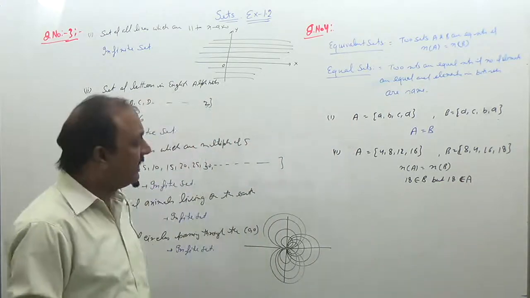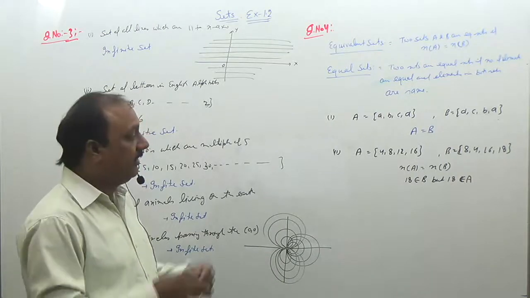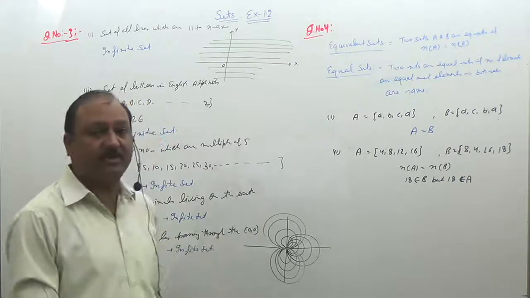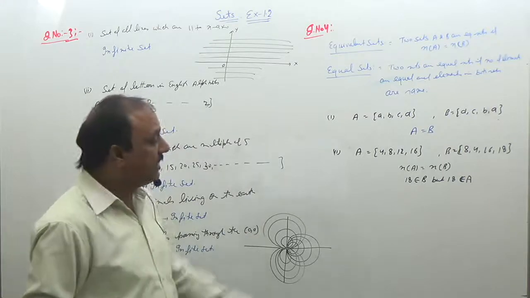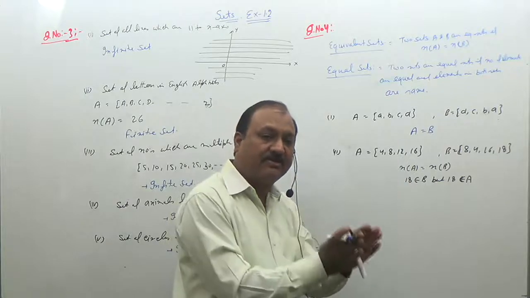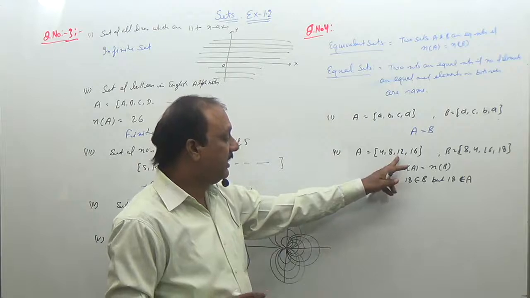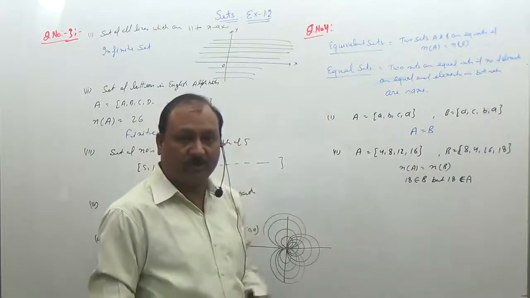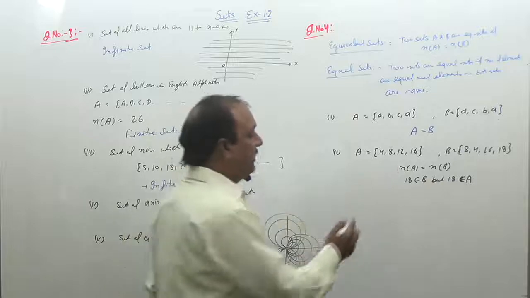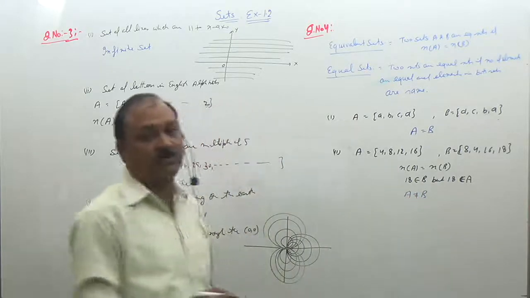इक्वल सेट के लिए कंडीशन है नंबर ऑफ एलिमेंट्स ऑफ द सेट्स शुड बी सेम एंड इक्वल, एंड एलिमेंट्स ऑफ बोथ द सेट्स शुड बी सेम. तो यहां पर नंबर ऑफ एलिमेंट तो इक्वल है, लेकिन जो एलिमेंट सेट ए में है वो एलिमेंट सेट बी में नहीं है. तो यहां पर आप कह सकते हैं कि 12 बिलोंग्स टू ए बट 12 डज नॉट बिलोंग टू बी. यहां पर 12 इसमें नहीं, यहां पे 18 इसमें, तो दोनों के एलिमेंट डिफरेंट हैं. तो दीज आर नॉट इक्वल सेट्स. सो A is not equal to B.